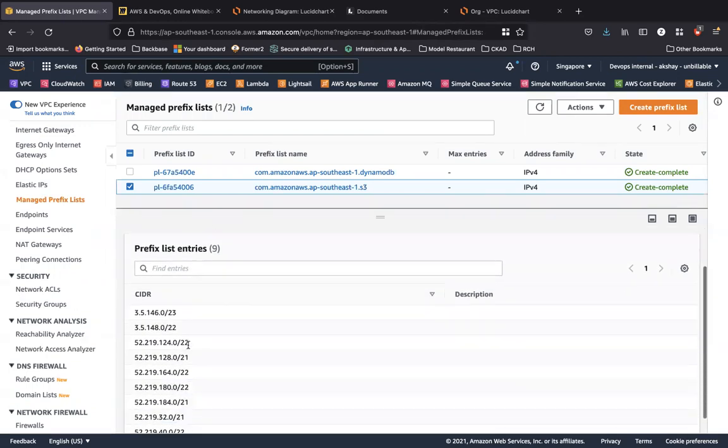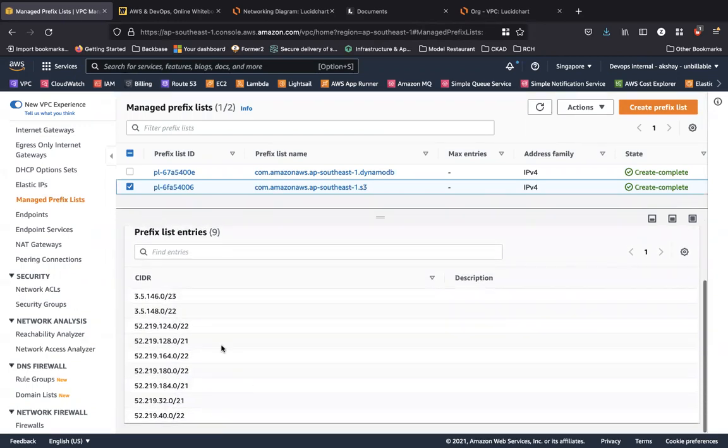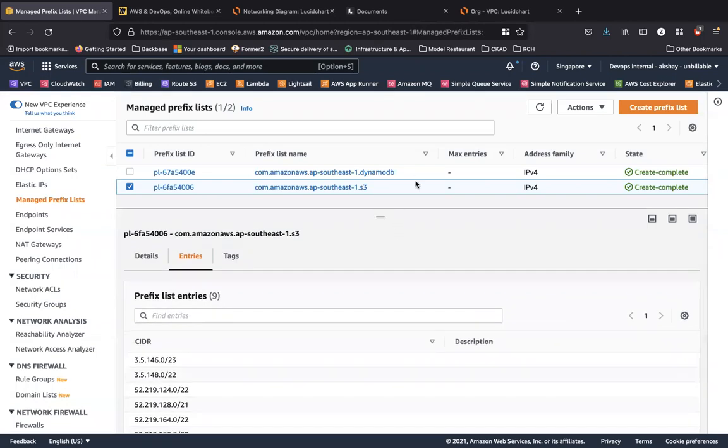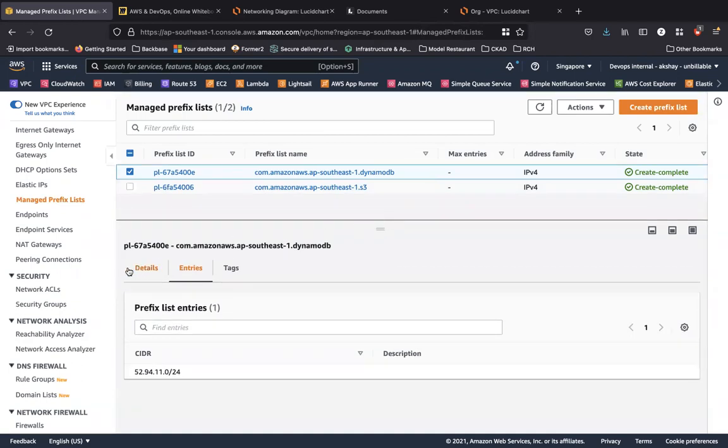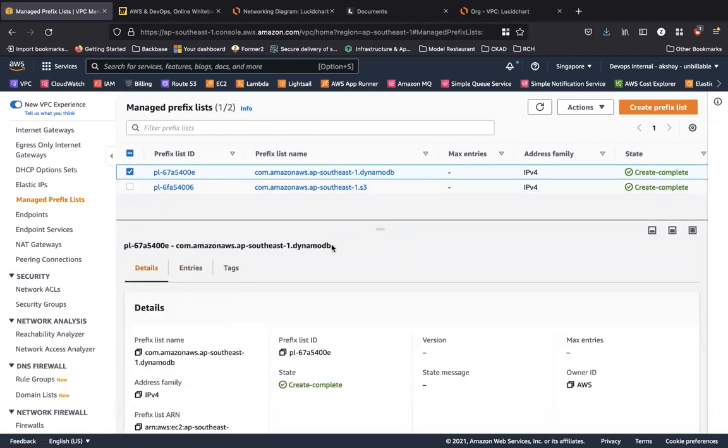Or probably these are the gateway IP addresses for accessing the S3 service. So AWS has already created some entries for us for accessing S3 and DynamoDB as prefix list entries. And you can create your own customized prefix list to manage multiple IP address ranges as one single entity and reference it in your security group and so on.